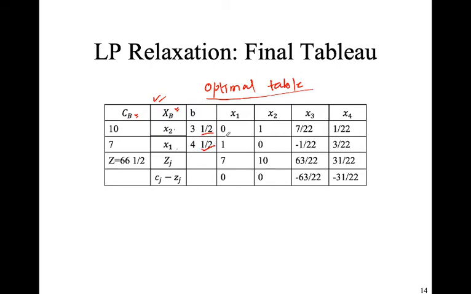So, if the fractional values of the variables are the same, in that case, and since this is a maximization problem, in the case of a maximization problem you have to add the Gomory cutting plane corresponding to the variable whose contribution is less in its objective. Contribution means the cost. So the cost of x2 is 10 and the cost of x1 is 7. So that means the Gomory cutting plane corresponding to x1 should be added here.